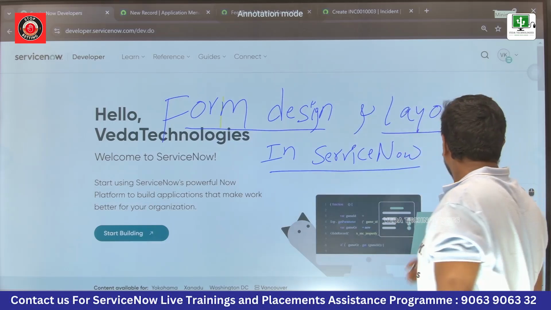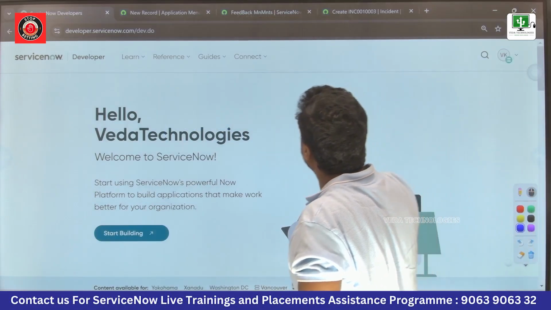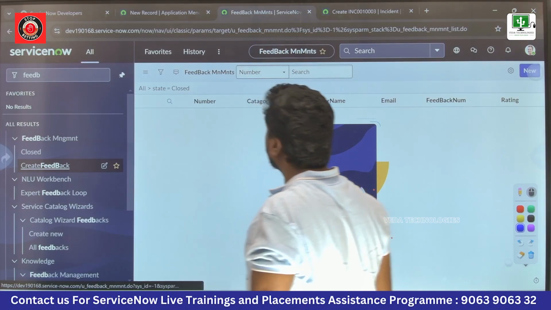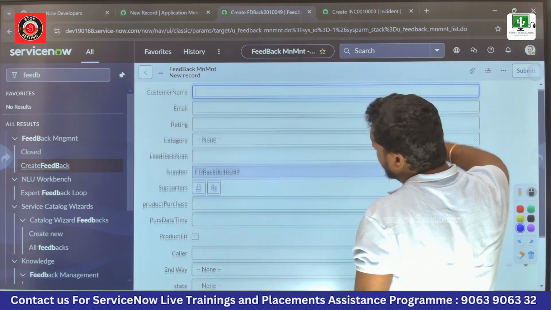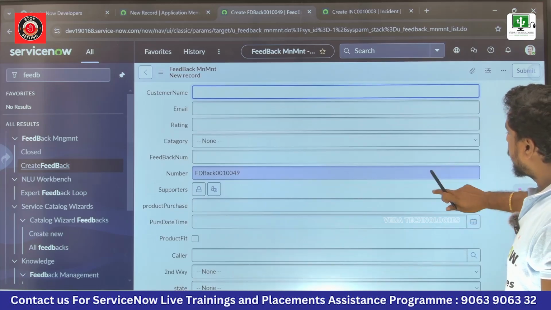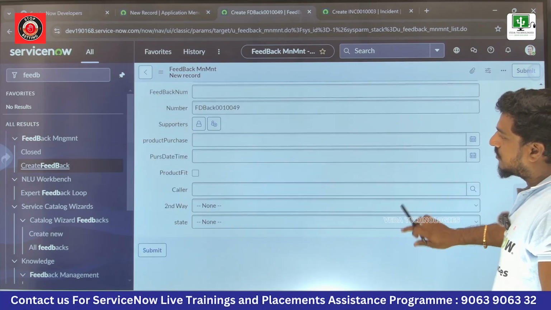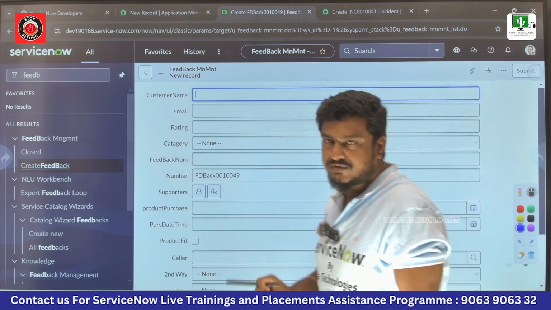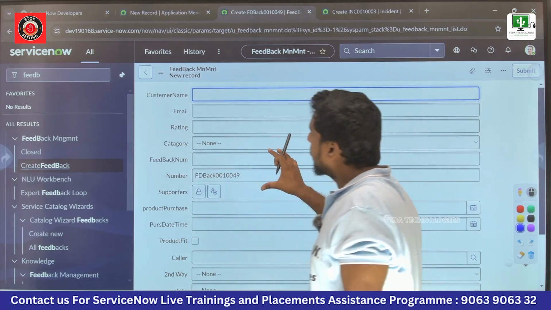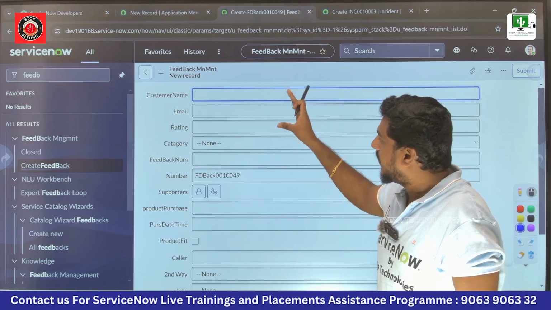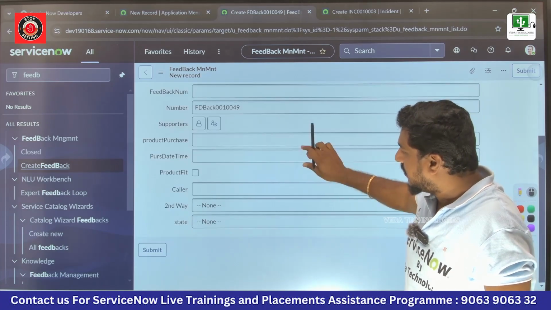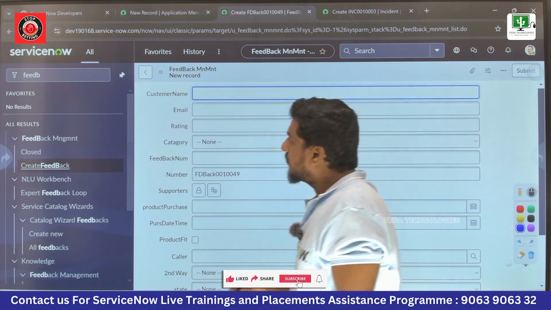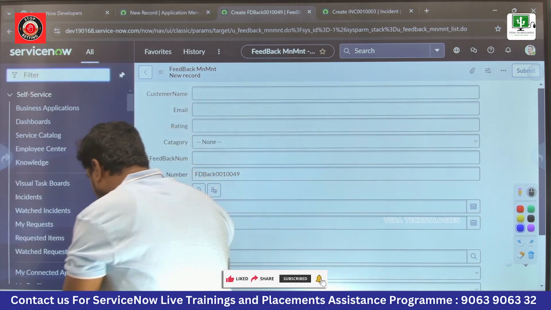And you just see here, I had built one form. So this is my form. If I go to the form, it looks something like this. This is not very good-looking, right? The incident form can be a very beautiful form, where the fields are split in such a way that the number is above and some fields are below. So if you see the incident form, how it looks,